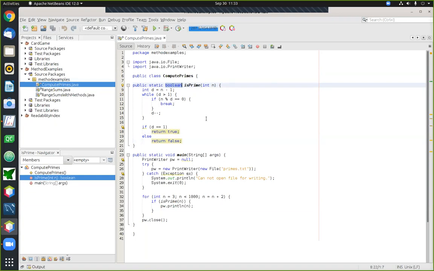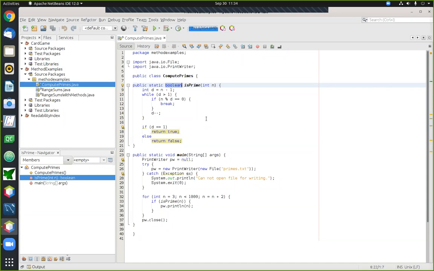This is a data type that we haven't talked much about. You may have read about this in the chapter on if-else statements. This is what's called the boolean data type, and it exists primarily to handle these true-false values. So anytime that you're writing a method whose job it is to answer a question, almost in every one of those cases, the result is going to be this boolean data type.